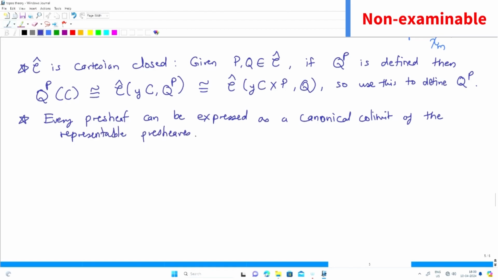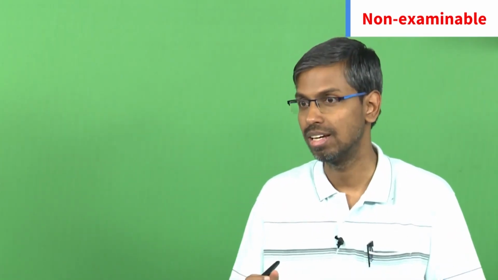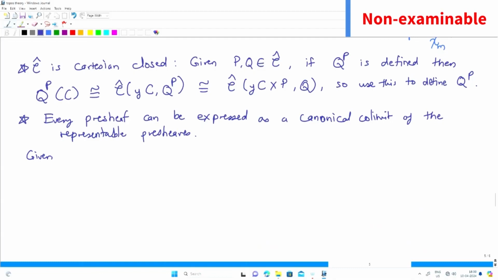Canonical colimit, as in the shape of this category. The shape category can be determined by the given category, the given functor, the given presheaf. Now I will show you how to do that. You will still have to fill up the details later. Given P in C hat, a presheaf,